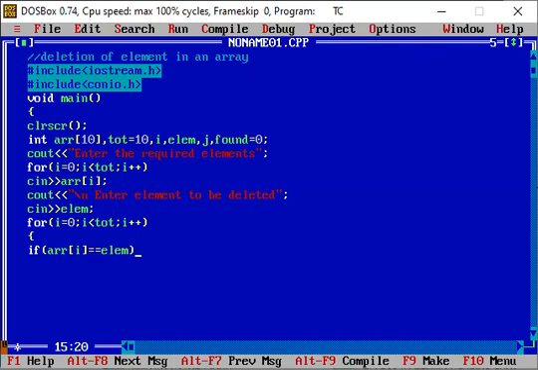If that particular element is found at that position, what will happen? Again I will take another loop here, for j equal to i, and here I will represent j less than total.